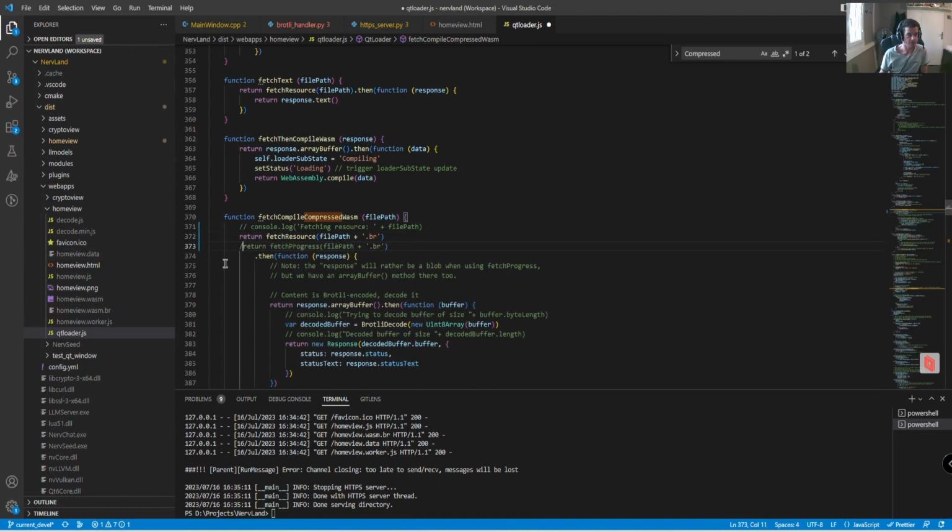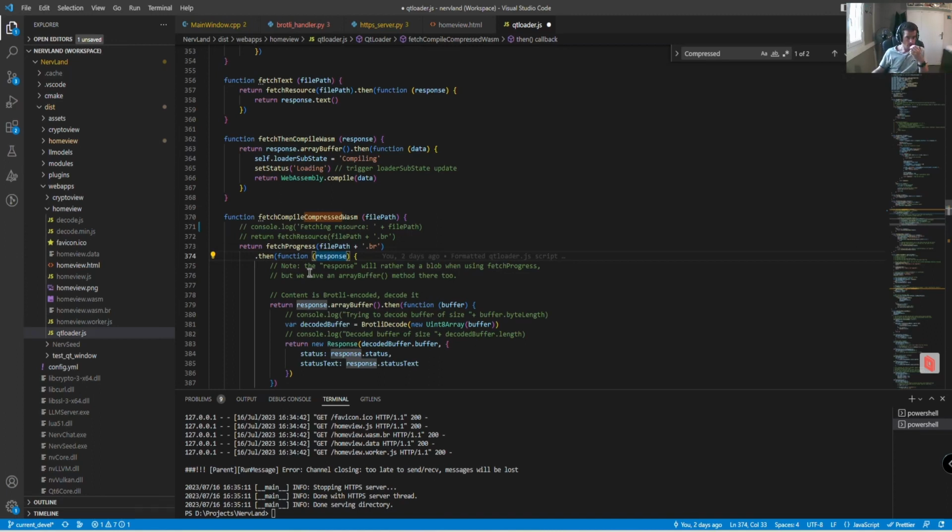But there is an interesting difference, which we will mention later. Anyway, we fetch the data and you get the response. The response at this point may not have been downloaded yet. You just get the headers, you may get some initial data, but maybe not the complete data for the full wasm file. So you could do streaming of this response and download data progressively and process the data chunk by